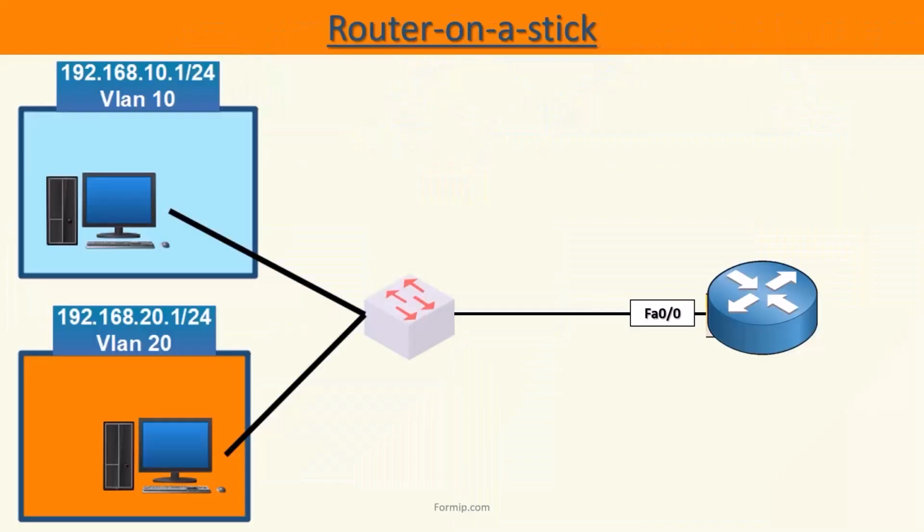Now that we've seen how a router works, we'll look at its configuration, mainly the router on a stick method, that is to say, with sub-interfaces. On this diagram, we have a switch, on which are connected PCs that are part of two different VLANs, VLAN 10 and VLAN 20. And on the right is a router that is connected to our switch with a single cable. The router must have access to both VLAN networks so that it can do its routing job. In other words, it must have one interface that is part of the network 192.168.1.0, which is VLAN 10, and a second interface in the network